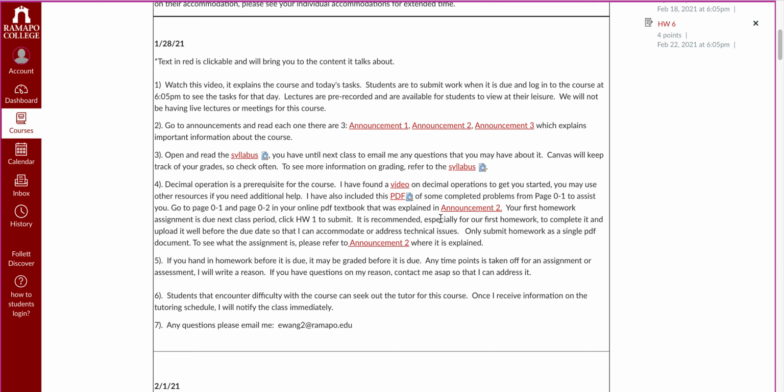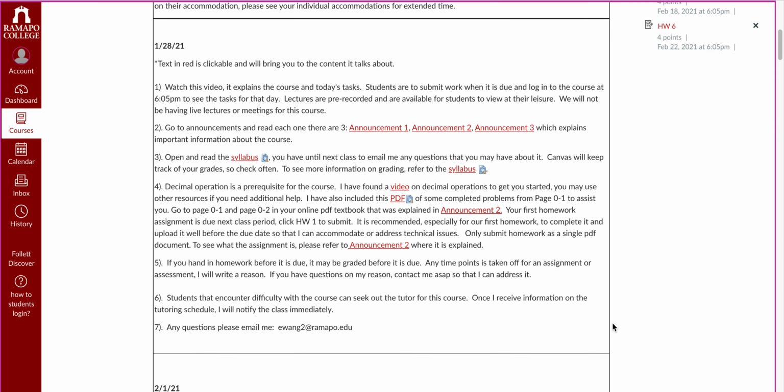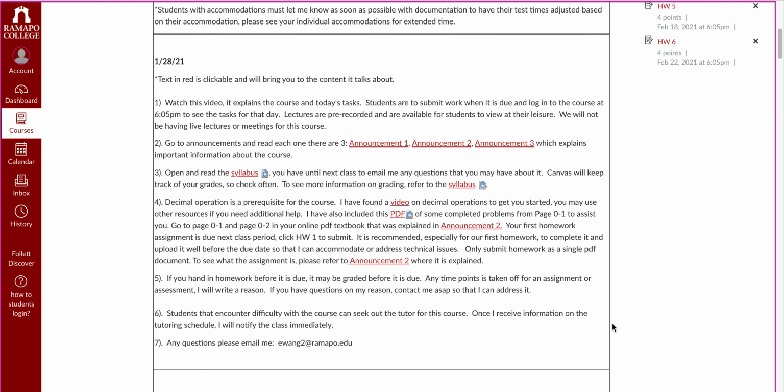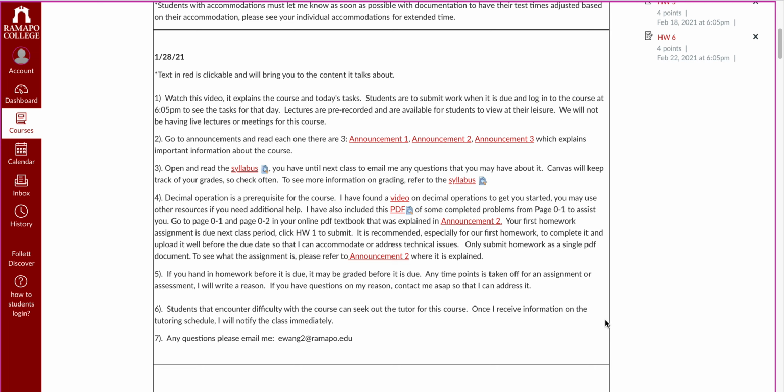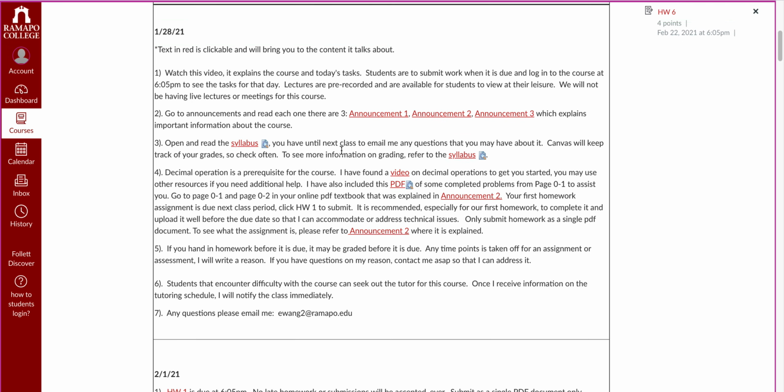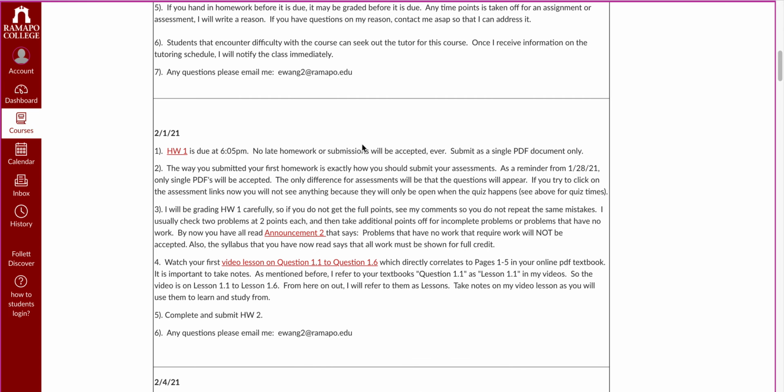If I made a mistake, I would either make an announcement through Canvas, or send you an email to let you know what the error was, and then I'll go back and fix it. I'll never change something that you have to do the day before. That is my promise to all my students. This is everything you have to do for that date once it happens. However, in our pretend example, if it's January 29th, I can still make changes to February 1st and on.